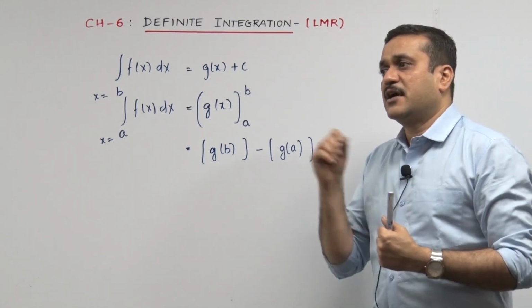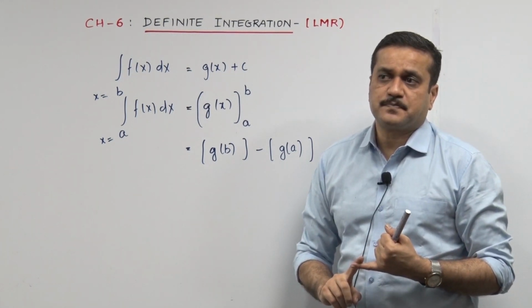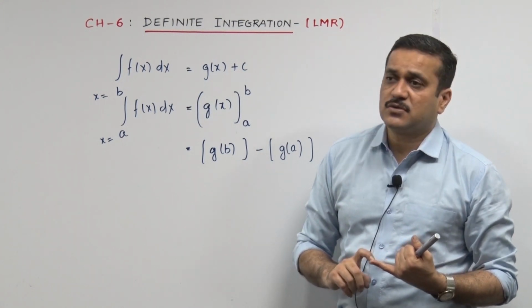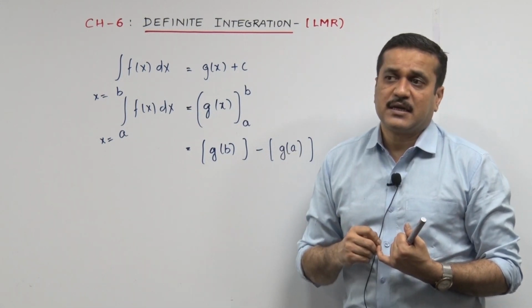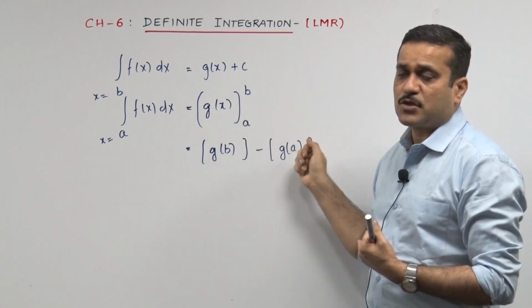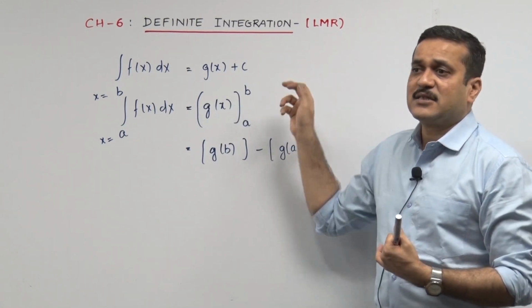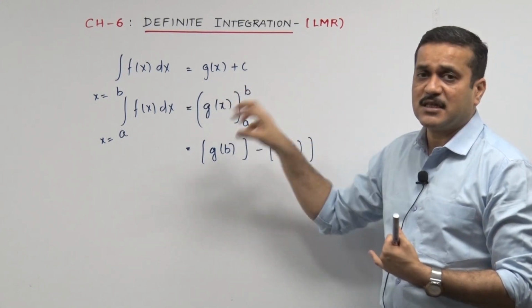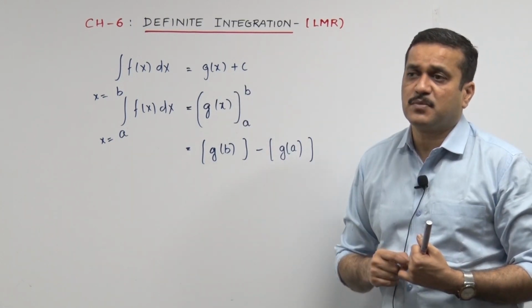One second. Let me make it one more time very clear. By integrating f of x with the knowledge of your chapter 5, let's say you reach the answer g of x plus c. I am not writing plus c here, and then you want to take it onto the limit a to b. So we go upper limit minus lower limit. So we go g of b minus g of a. I hope you all understand, g of b means x equal to b. You put x equal to b in that answer, and g of a means you put x equal to a in that answer. That gives you the ultimate answer of integrating your f of x between the limits a to b.